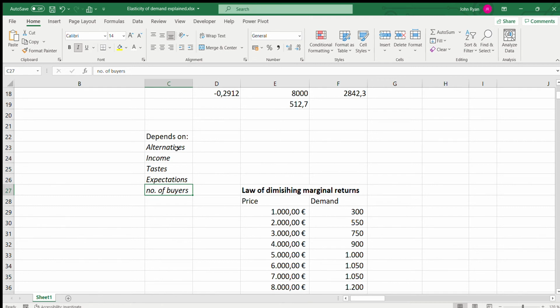I mean, if there's a variety of buyers, then there's going to be a variety of preferences, or if there are very, very few, then it makes it a little more competitive. Which of course brings us to the law of diminishing marginal returns, which also implies that the more you have of something, then maybe the less you actually appreciate what it's for.